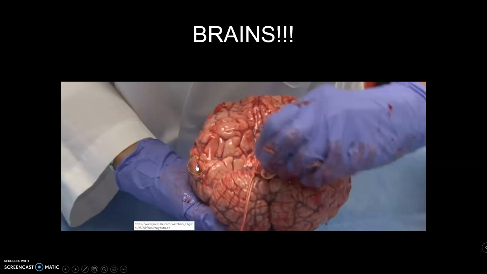This video, I have a link to it in Schoology so that you guys can watch it. It's a doctor who is running you through the anatomy of an unfixed brain. The brains that you dissect in lab have two problems. One, it's a sheep brain, not a human brain. And two, it's fixed, which is a formalin-preserved brain. It changes the texture. Also, the way that they vacuum pack the brains prior to shipping can change the shape